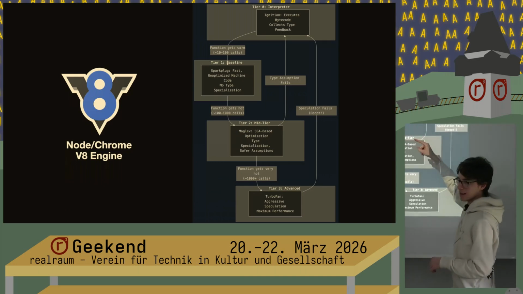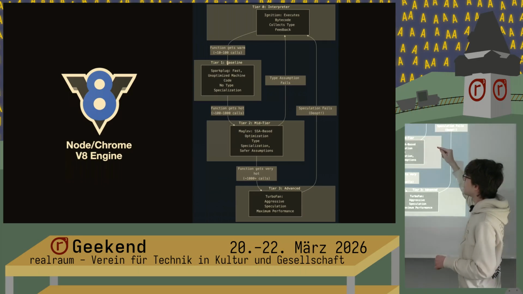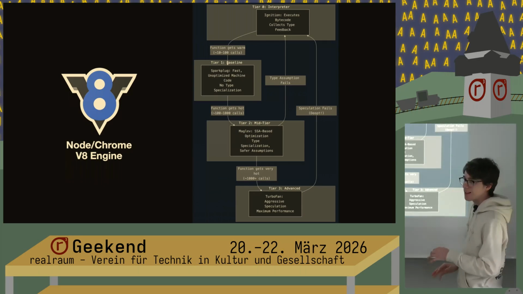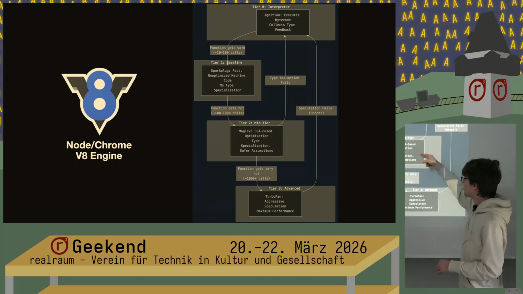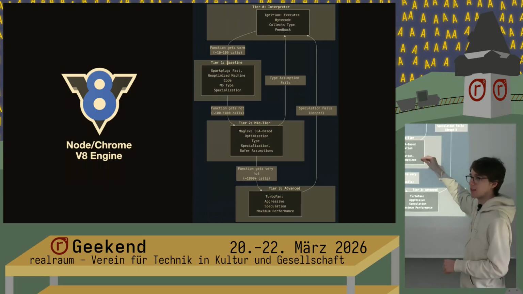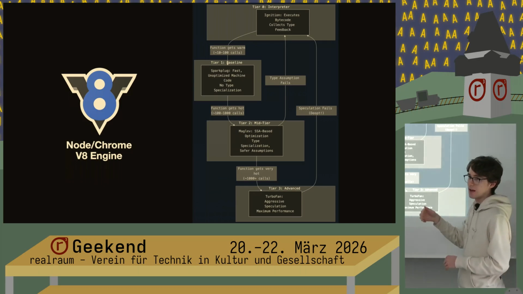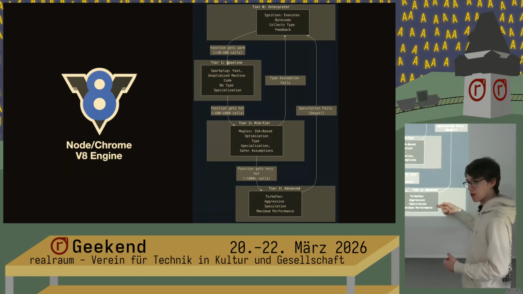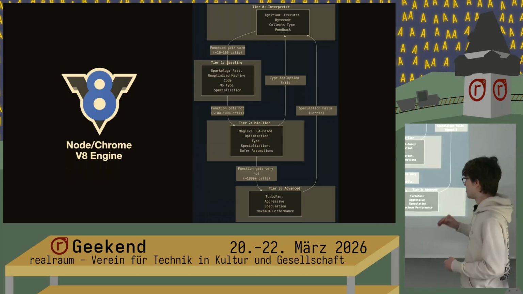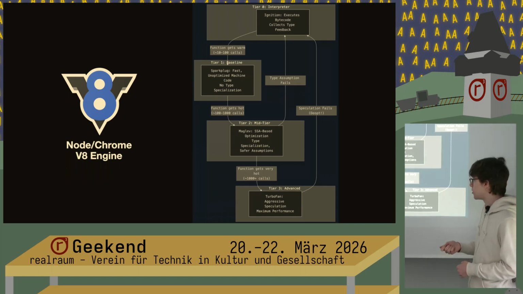Then, if it gets called even more, it passes through Maglev, which starts making some assumptions regarding types. And once the function gets called over and over and over, like imagine a render loop for a graphics application, then it passes through TurboFan, which is the biggest optimizer that makes aggressive speculation, and that's the one that pretty much has the best performance. But